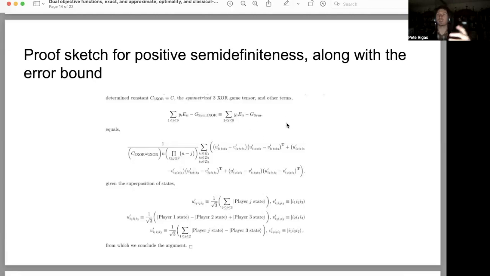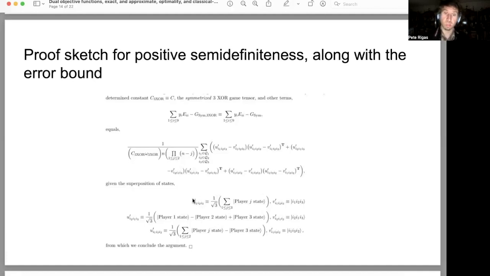instance, for this case of the 3 XOR game, is inherently related to the computation and the properties of this superposition, where each one of these terms is given by a collection of states, which is very similar to what we described in the first presentation of this series for the Bell states, or the EPR pairs. It's a hallmark, the most simplified quantum system demonstrating entanglement through the Bell states, or forming some type of generalization of the Bell states, because the first term that I define here,